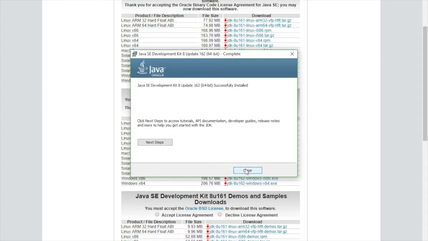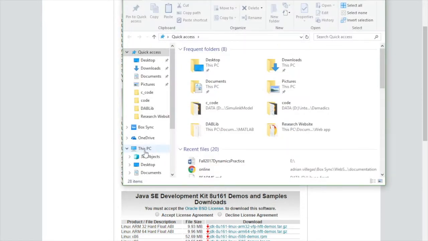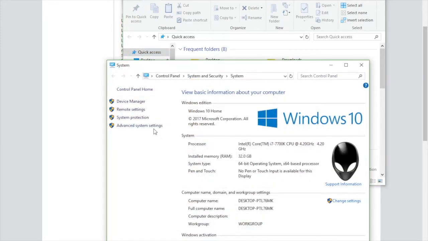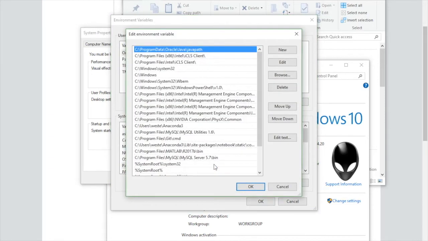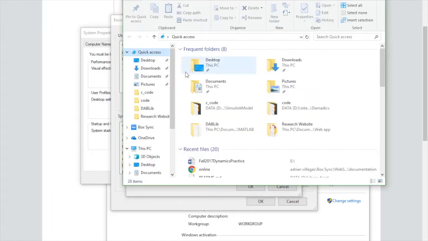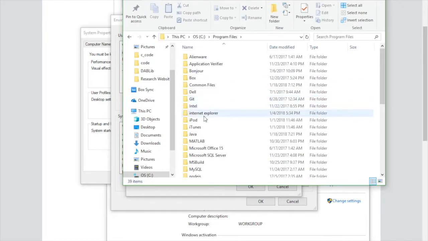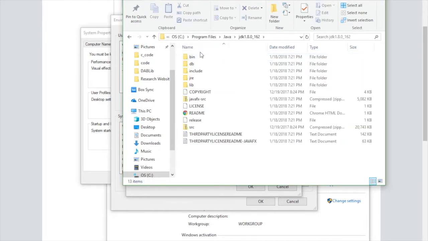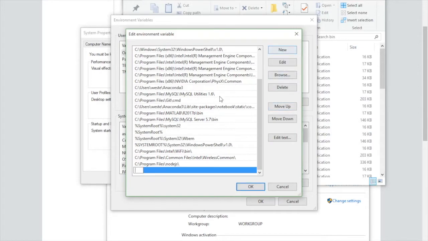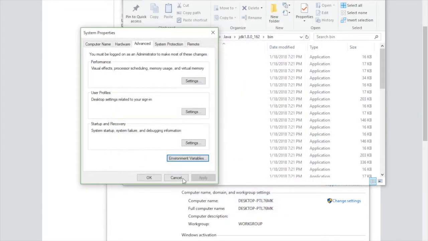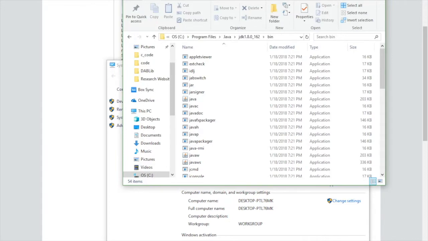In order to be able to run Java, we need to modify the path environment variable. For that, we go to This PC, Properties, Advanced System Settings, and Environment Variables. We look for the path variable in System Variables. We will add the Java location to this path variable. So we go, Java is usually installed under C: Program Files, Java, JDK, JDK for your installation, and bin. So we copy and paste that into the environment variables, and now we open the command prompt, type java hyphen